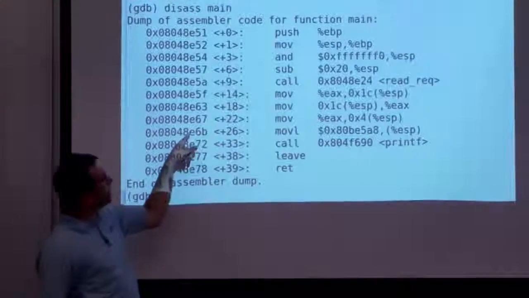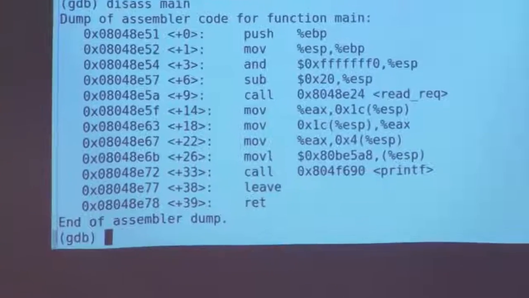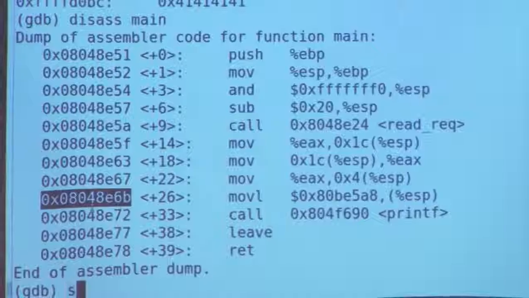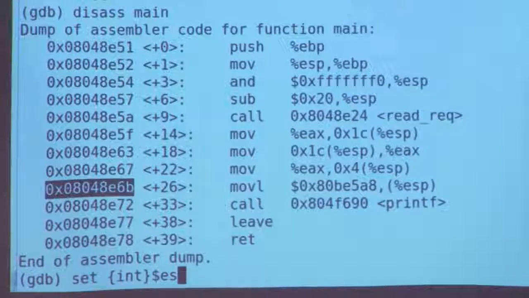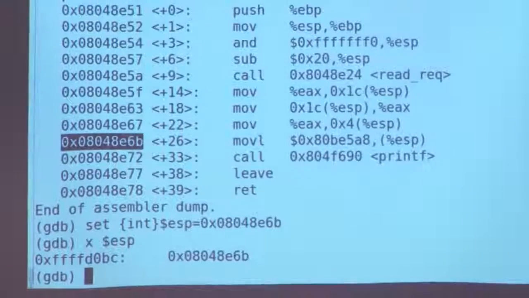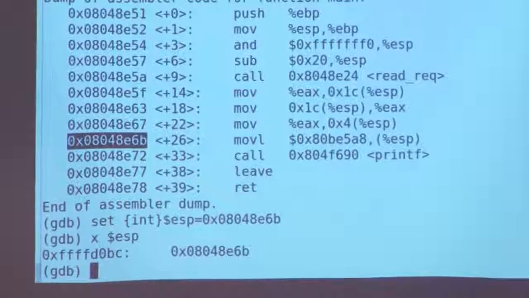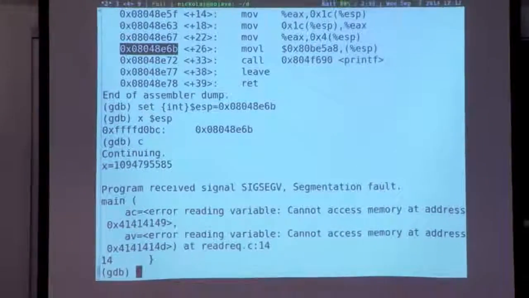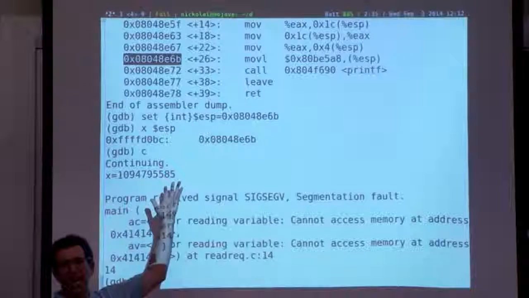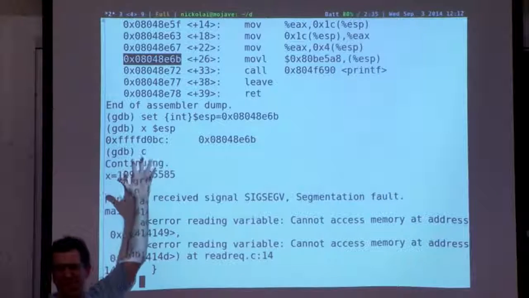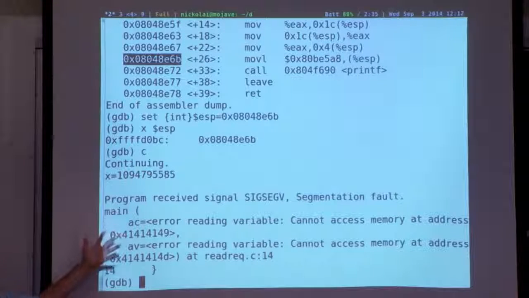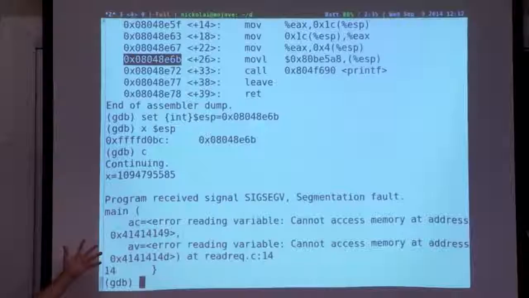So we can actually take this value and try to stick it in the stack. And I should be able to do this with the debugger pretty easily, at least. So you can just do the set int ESP equals this value. So we can examine ESP again, and indeed, it actually has this value. So if we continue now, well, it printed out x equals some garbage, which I guess happens to be just whatever is on the stack that was passed to printf. We didn't correctly set up all the arguments because we jumped in the middle of this calling sequence. But yeah, we printed this value, and then it crashed. Why did it crash? Why do you think?